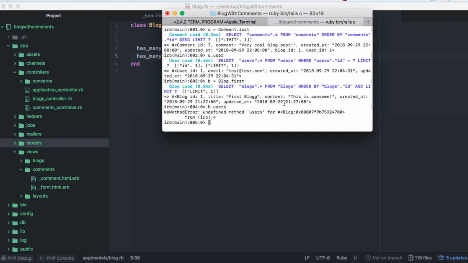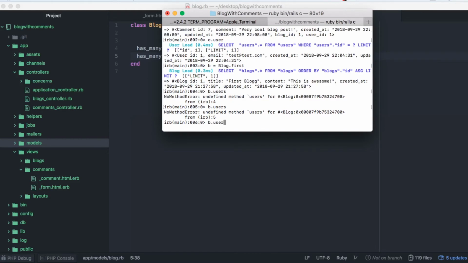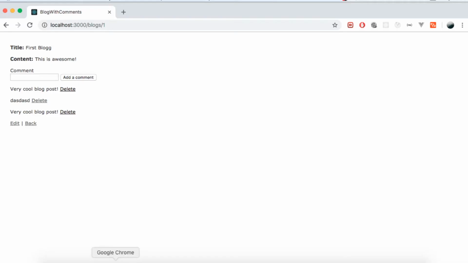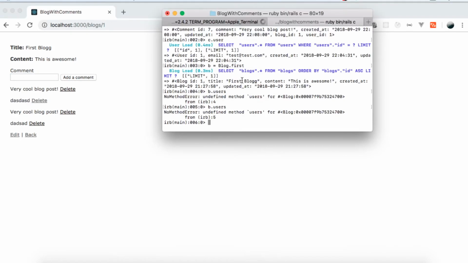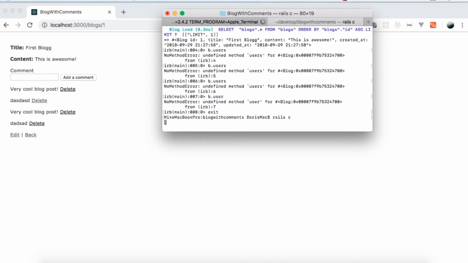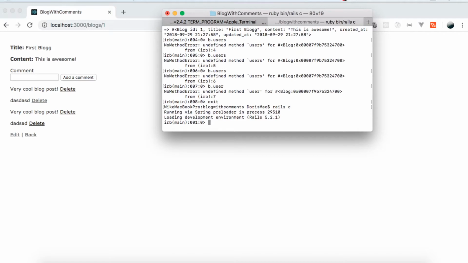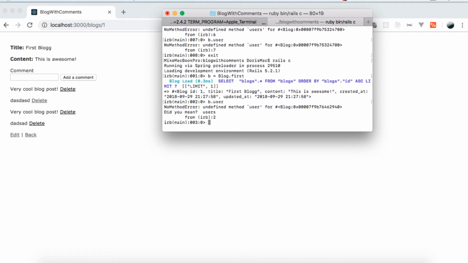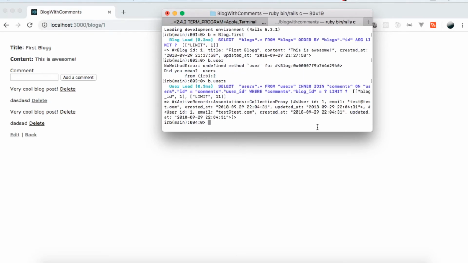Now, when we go back to the console and type in b.users, you see it's still empty. So let's create another comment. Hit enter, and here b.users. Or actually, it's user. So first off, let's restart the rails console and b.block.first, and then b.users. And you see we get now the user ID,